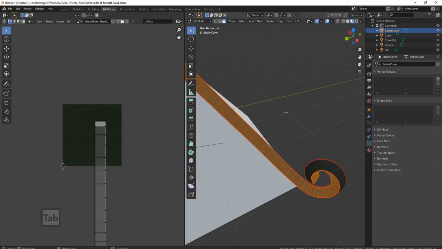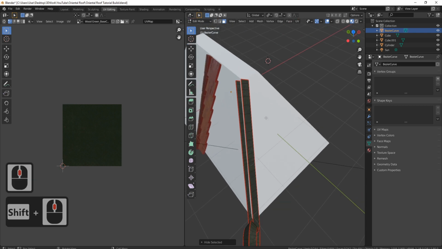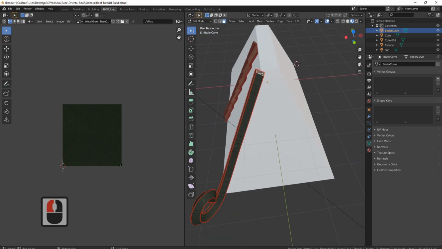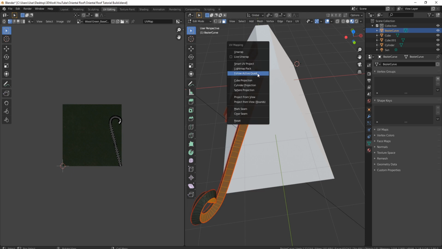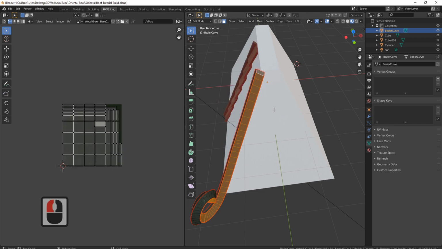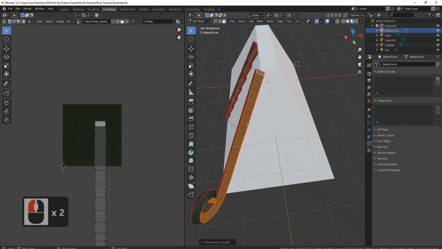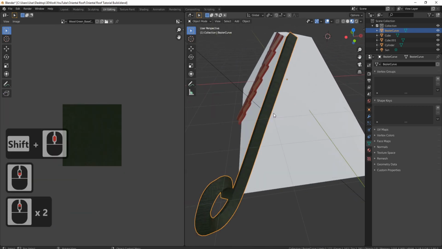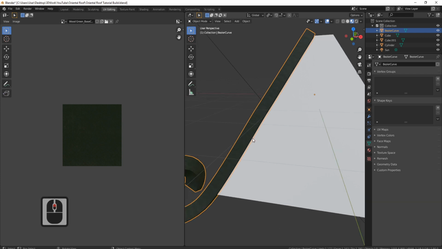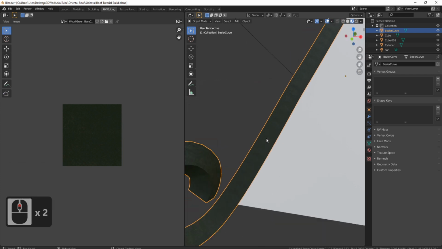So now we can press Tab, hide that out of the way, and now let's do the same on the next one. So I'm going to grab this face, Alt, Shift and click twice, U, come down, Light Map Pack, OK, U again, and then Follow Active Quads, OK, and then let's just have a quick look. You can see there that this one's going the wrong way around. So what I'm going to do is come in, I think it's going the wrong way around,